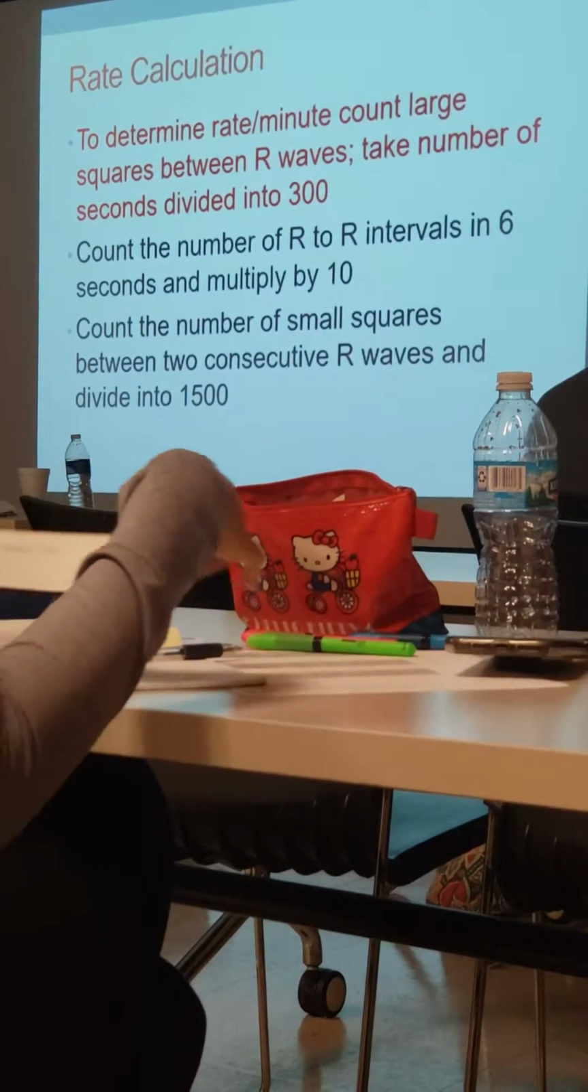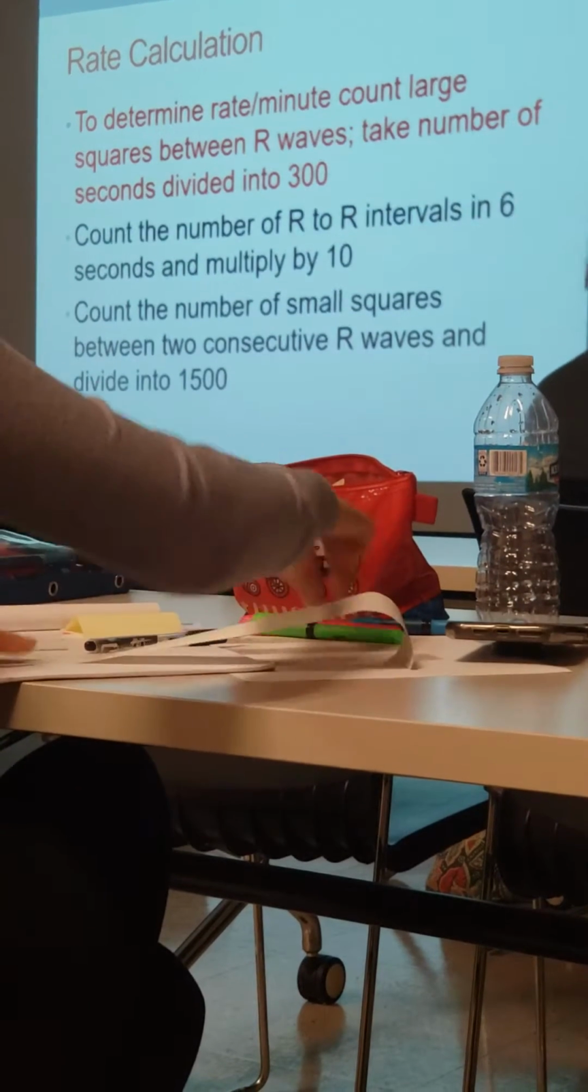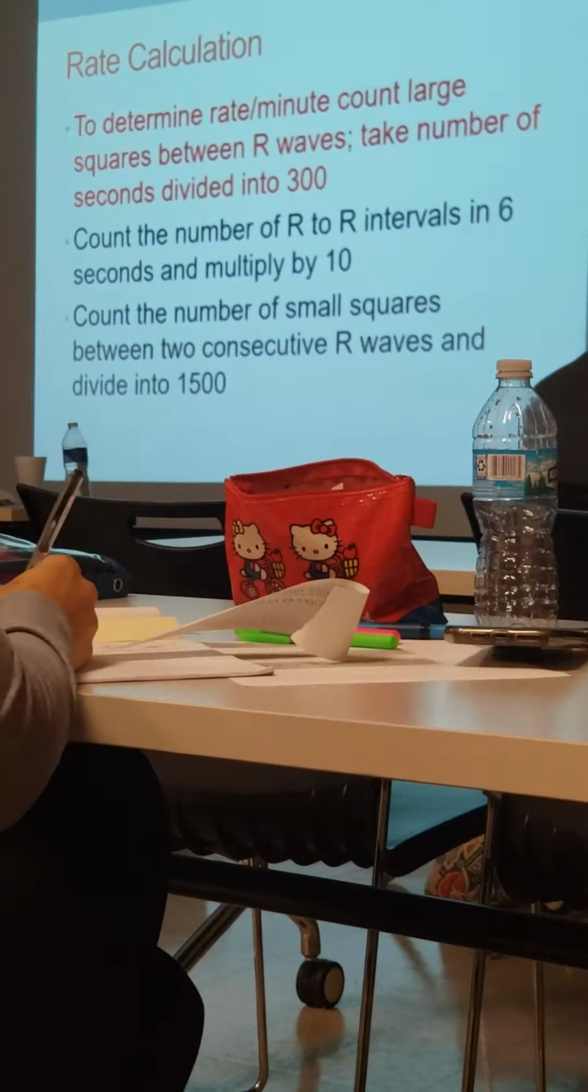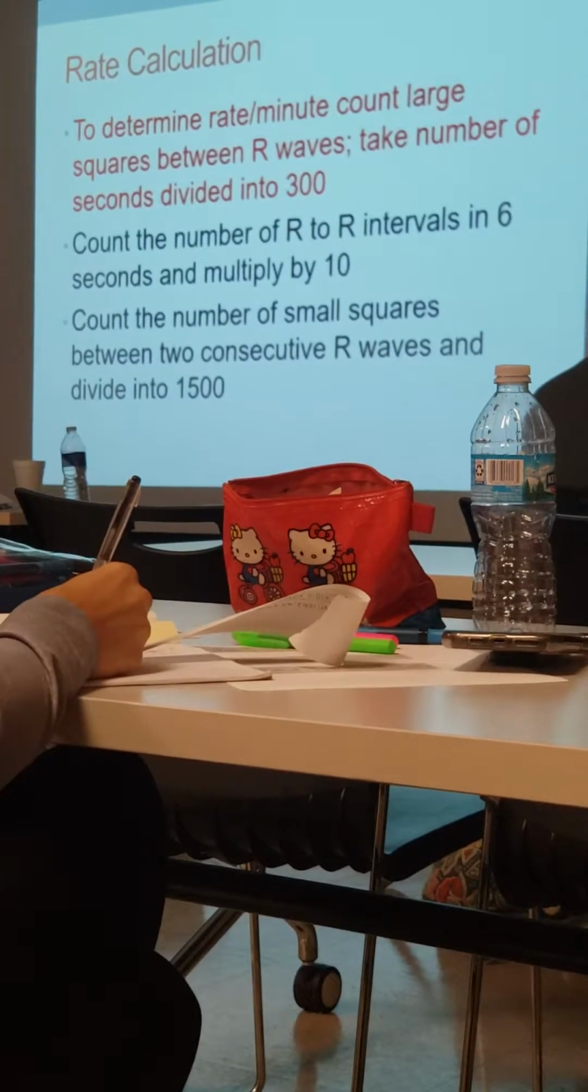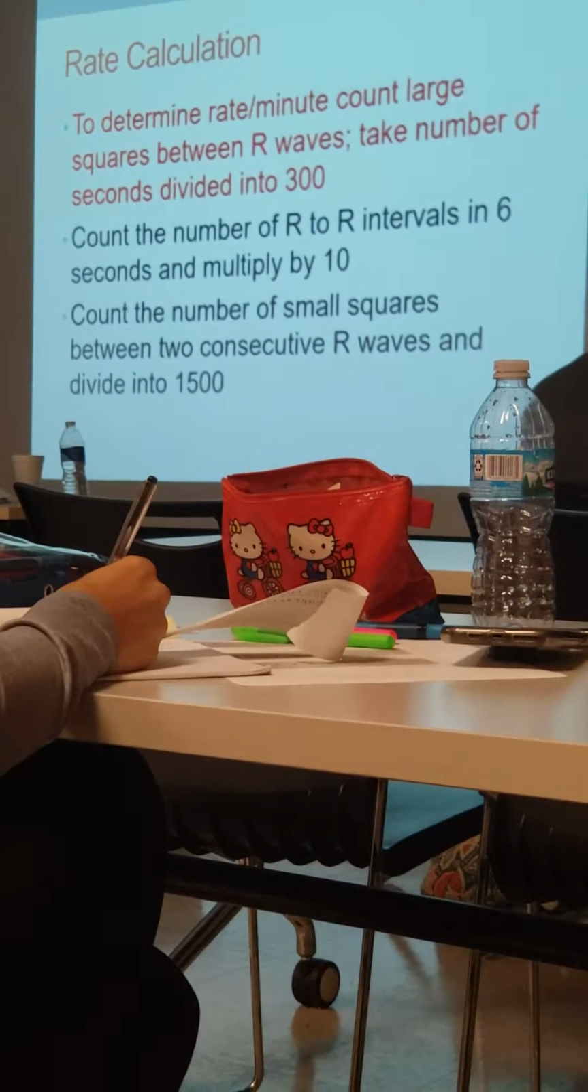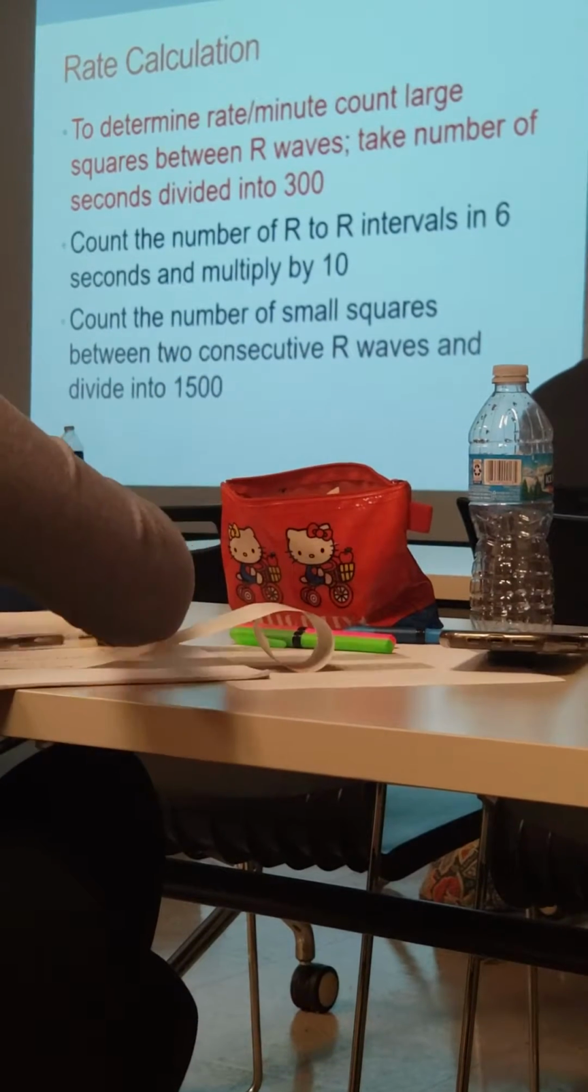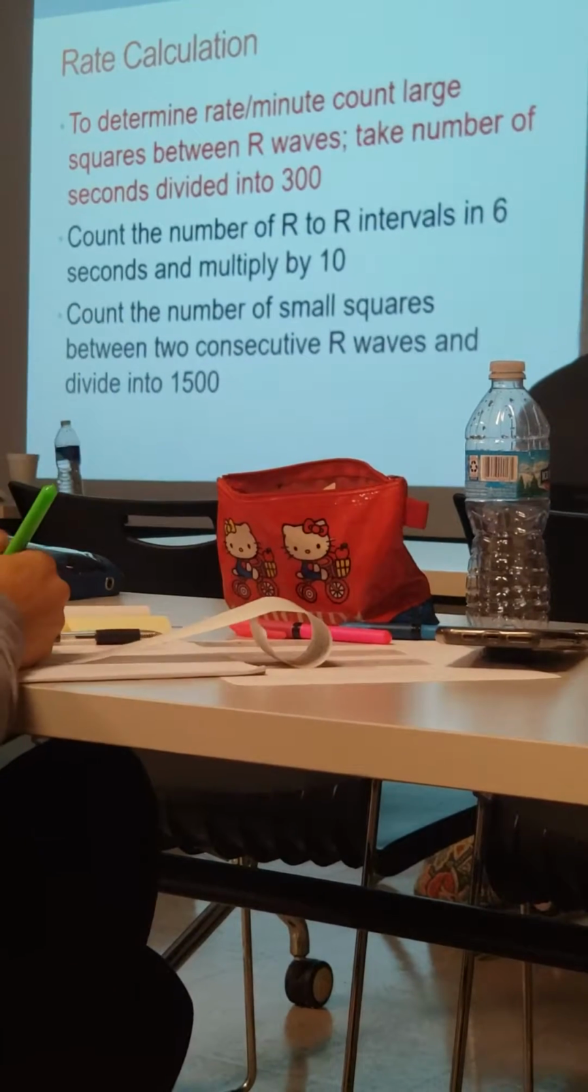Not the most accurate, you have to know that you have a 6-second strip, and that's fine. To be more accurate, we're going to count the big boxes between the R waves and divide it into 300. It's more accurate. To be the most accurate,